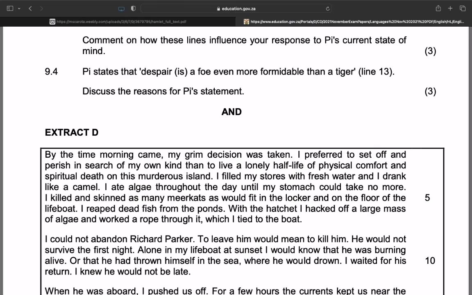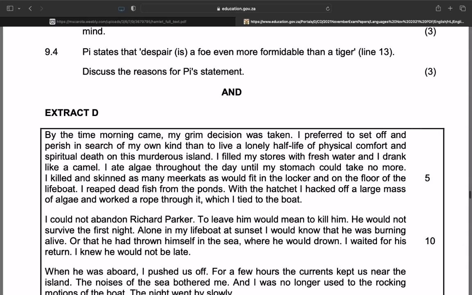You can even go on to say that he completely understood that keeping RP alive was very important. Keeping Richard Parker alive was very important because he kept himself alive as well. So technically, Richard Parker became a coping mechanism to keep himself alive. There's a lot you can write about there. Okay?